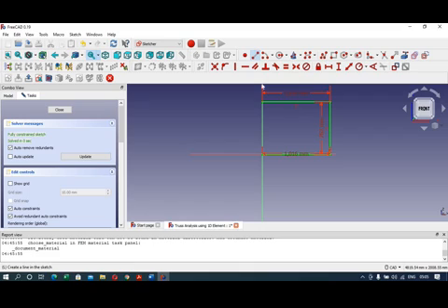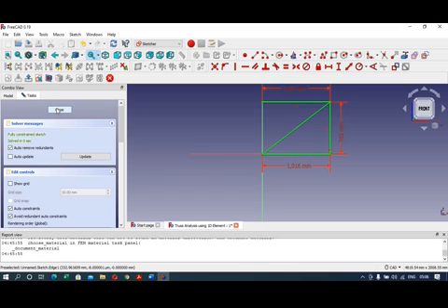Then after that create a line from this point. You can move these dimensions by clicking on that particular dimension. Here our basic sketch of the truss is over.